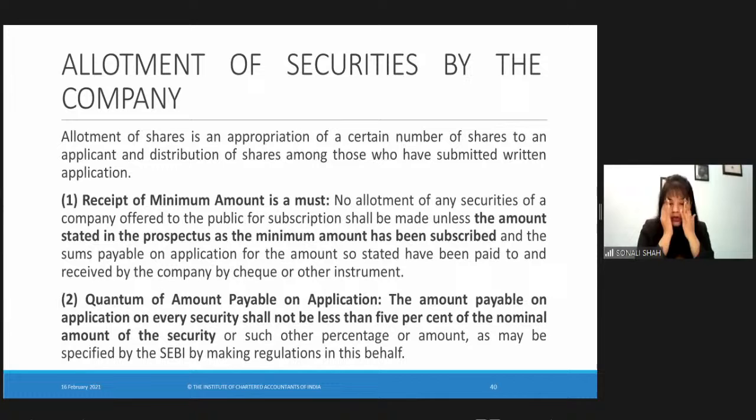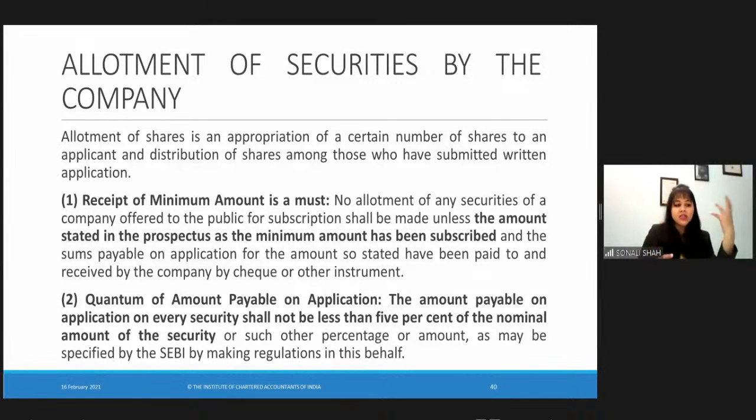Now, proceeding on to the allotment of securities by the company. So what is the process? How are the securities allotted? As of now, we had read that whenever a company wants to make a public offer, they need to have a prospectus. The prospectus needs to be registered with the registrar. The prospectus needs to have certain information, like it needs to be dated, it needs to be signed, it contains certain disclosures, like the date of publication, and whether it should contain a statement that the requirements of the laws have been complied with, right?